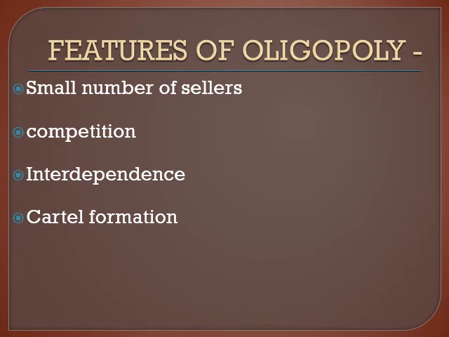Okay, next is restricted entry. Now in restricted entry, what happens is the oligopoly structure is such that restricted entry is seen in the long run. Such restrictions may emerge because of low cost structure of existing firms, high cost of entry, government regulations, high technological know-how, patent rights or control over important inputs.